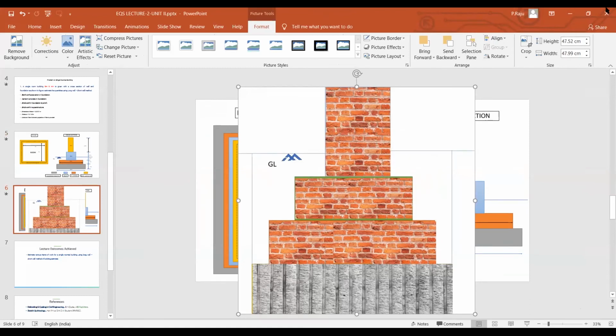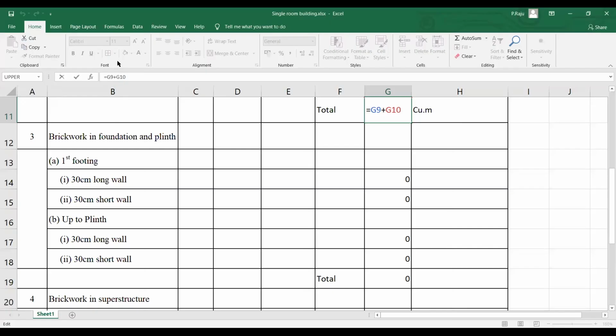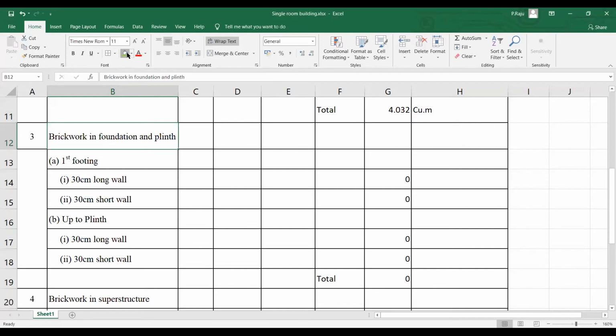So if you take this portion, okay, foundation concrete, the bottom portion has been completed and the portions above this. So this is first footing here and here it is second footing actually, and the brickwork in this is plinth and this is the superstructure level. Okay. So similarly here in this problem, this is completely brickwork. This is not of concrete. So the entire thing which we are calculating now is of brickwork.